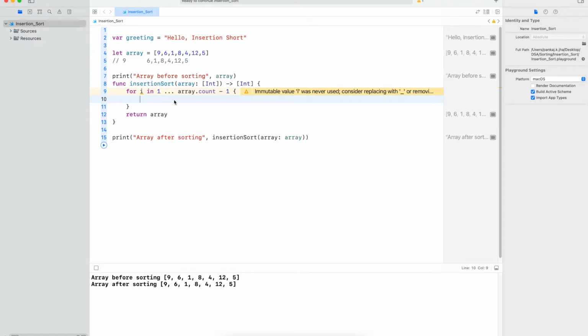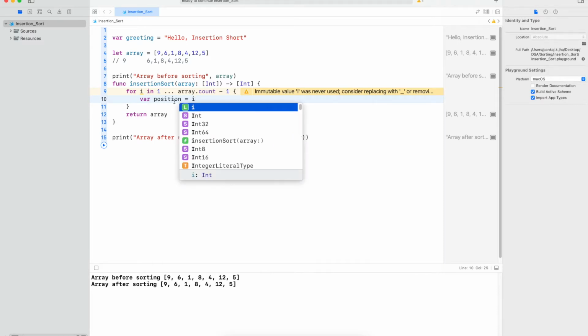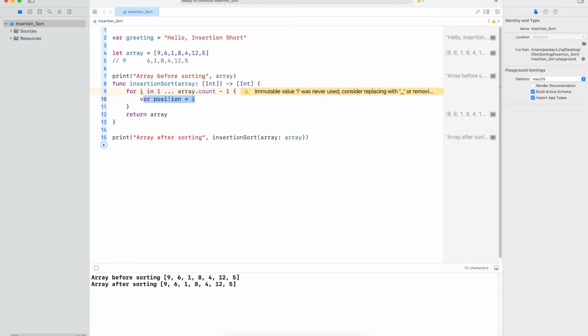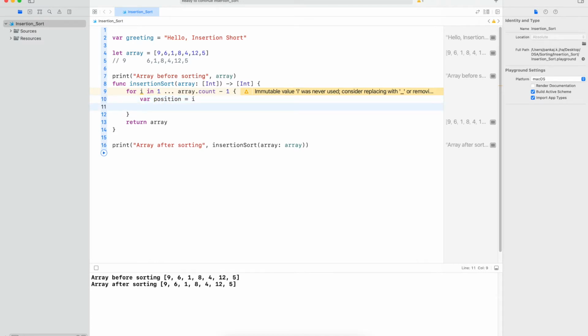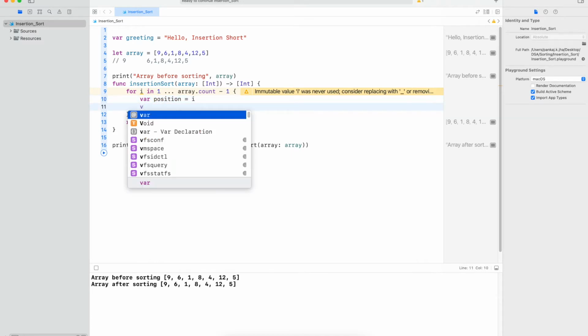Now first we'll store the position. What is the current position? Let's say var position equals i. We'll store the position of i and we'll also store the value at position i. Why? Because we'll pick an element, so we have to store it.